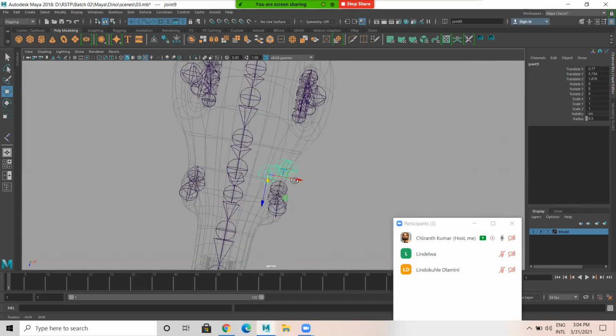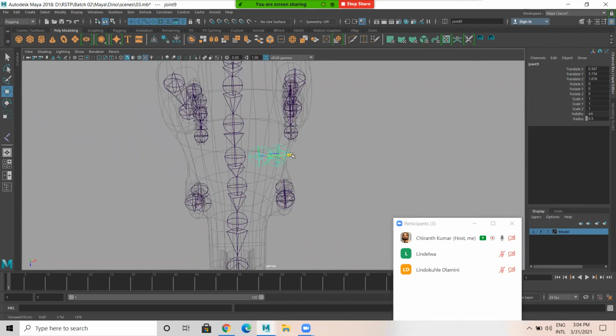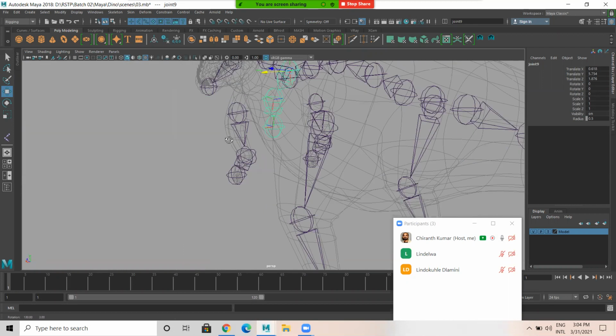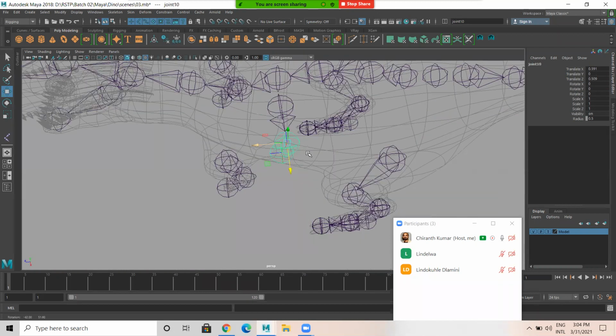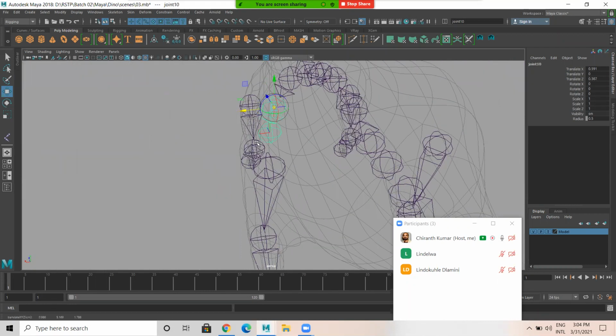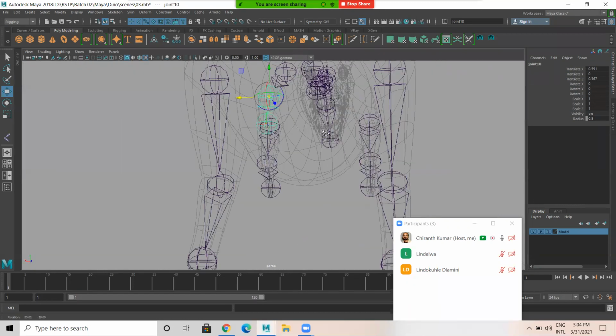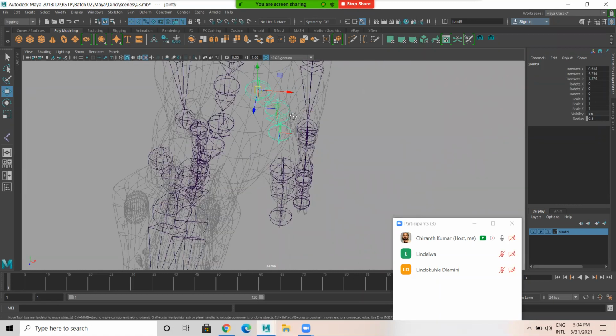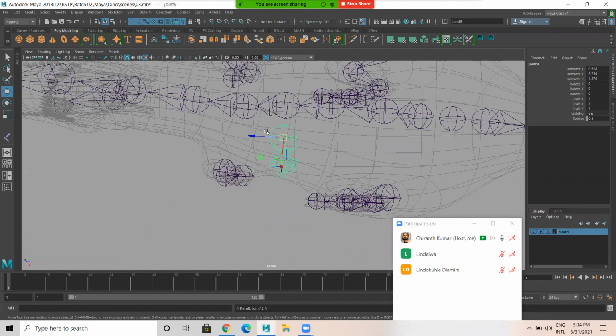Come to perspective view and see, you need to do like this. Insert. Now I duplicate this and I place it here.